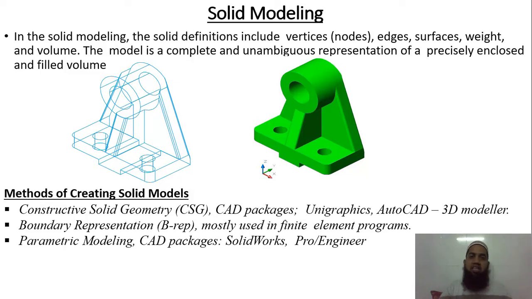You can see by the 3D model, by solid modeling, we will get each and every piece of information because it is the higher version of the surface modeling. As you all know, the surface model is the higher version and has more information compared to the wireframe modeling. Wireframe modeling has less information compared to the surface modeling. Surface modeling has less information compared to the solid modeling. Solid modeling is a complete representation of the solid.